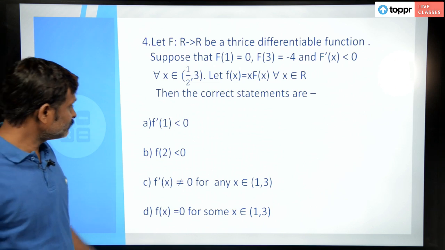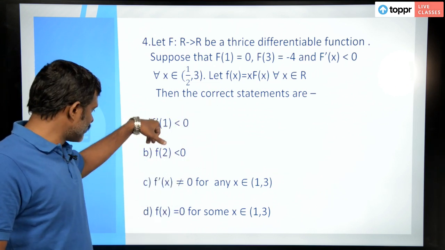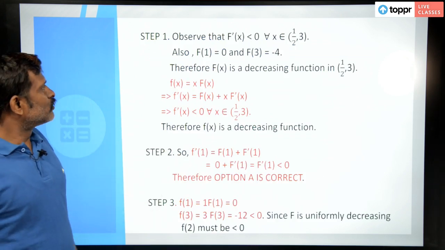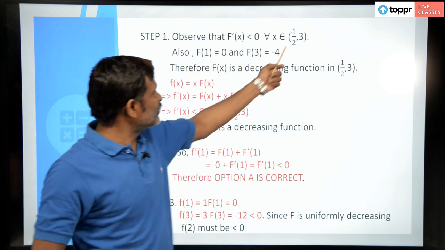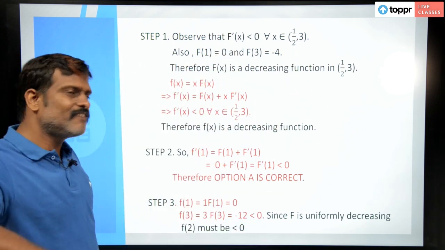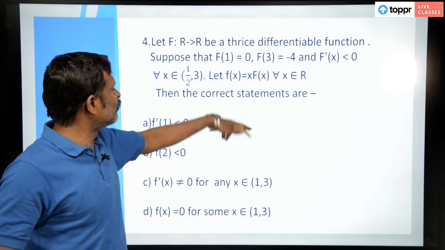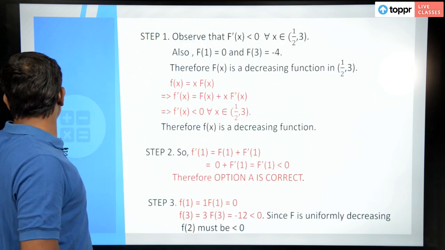Right. So, now let us see what we can do. We have to find the function values, like small f, right. So, what is given? f dash of x is given as negative in this interval, that means it is a decreasing function. Also, it is given that f of 1 is 0 and f of 3 is minus 4. So, what is he saying here is